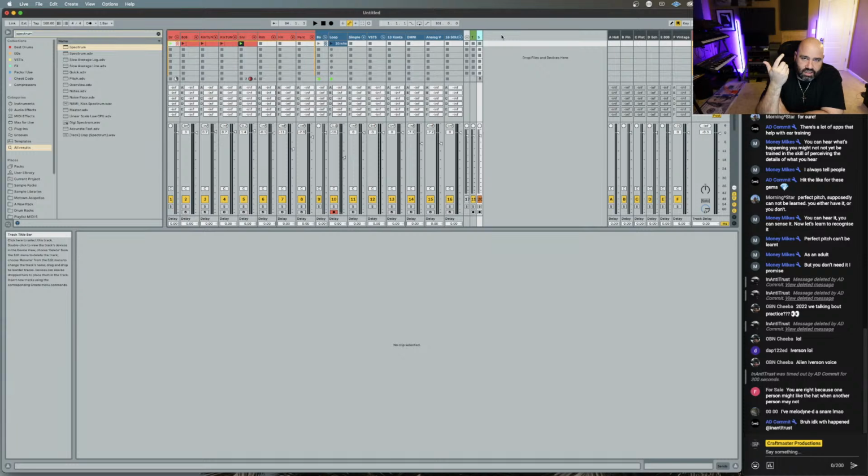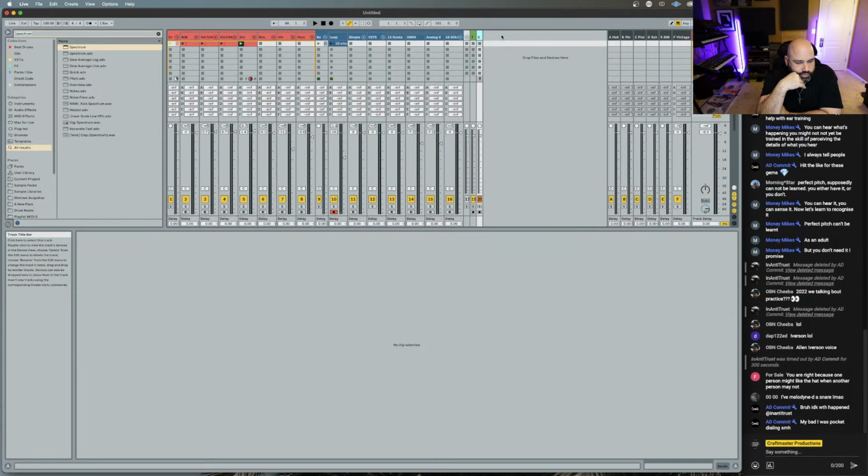And the thing is, the producers who are great, like if you just watched the Kanye documentary and you're all juiced up to be the greatest producer of all time, and his conversation with Pharrell inspires you or whatever, what you have to understand is that one person might like the hat when another person might not.